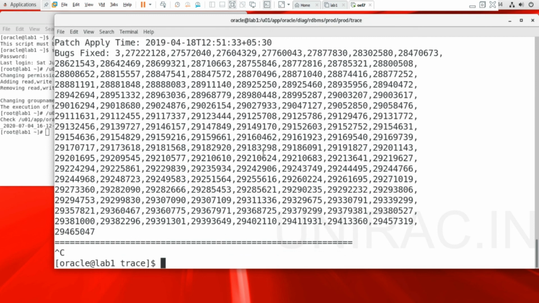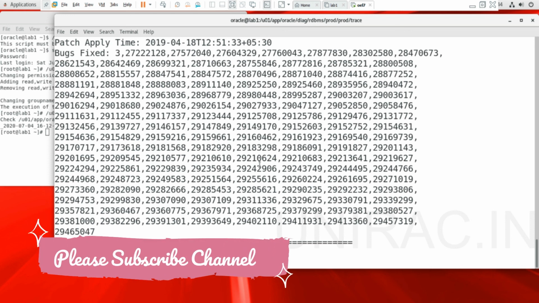Okay guys, we'll see the container database in a later session. This is a non-container database we created in this session. So we're done with creation of a database using the silent method.